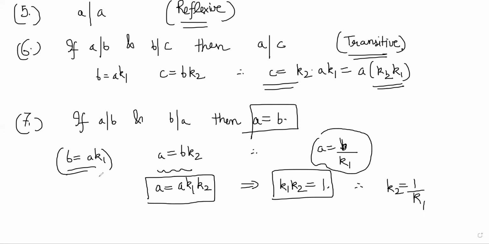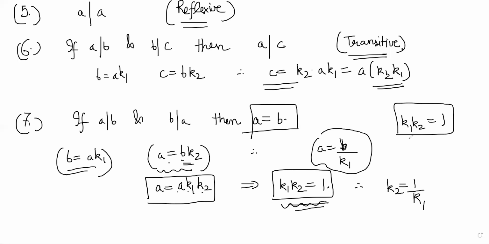Let me just think. There is some logical problem here. B is equal to AK1 and A is equal to BK2. And therefore, A is equal to B, which is AK1 into K2. So K2, K1 is coming out to be 1. Oh, okay. So K2, K1 are two integers. The product of two integers cannot be 1 unless both the integers are plus minus 1, right? K1 should be 1 and K2 should be 1. These were supposed to be two integers. They could be plus minus 1. And if K1 and K2 are both plus minus 1, then obviously you get B is equal to A, right?